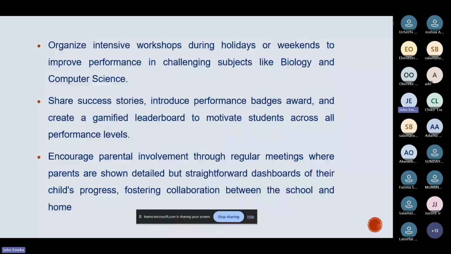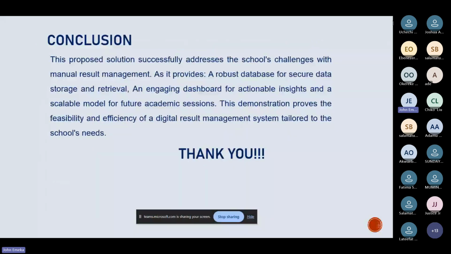Then in conclusion, the proposed project was successful in addressing the challenge of manual result management as it provides a robust database for secure data storage and retrieval. It also has an engaging dashboard for actionable insights, and this dashboard can be scalable for future academic sessions. So overall, this project showed that it's very feasible to transition from manual result management into a digital solution that is more efficient and will also help the management utilize technology in making their workflow easy